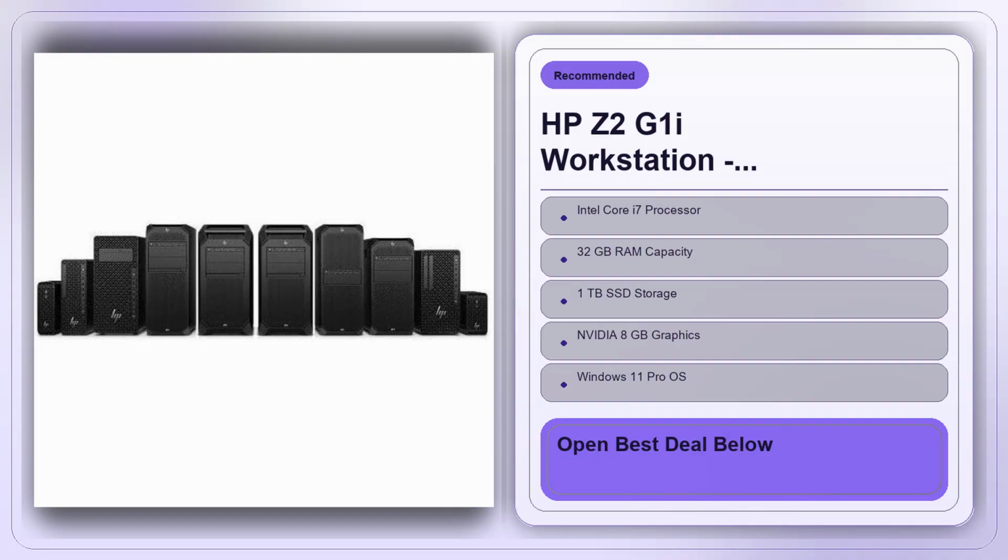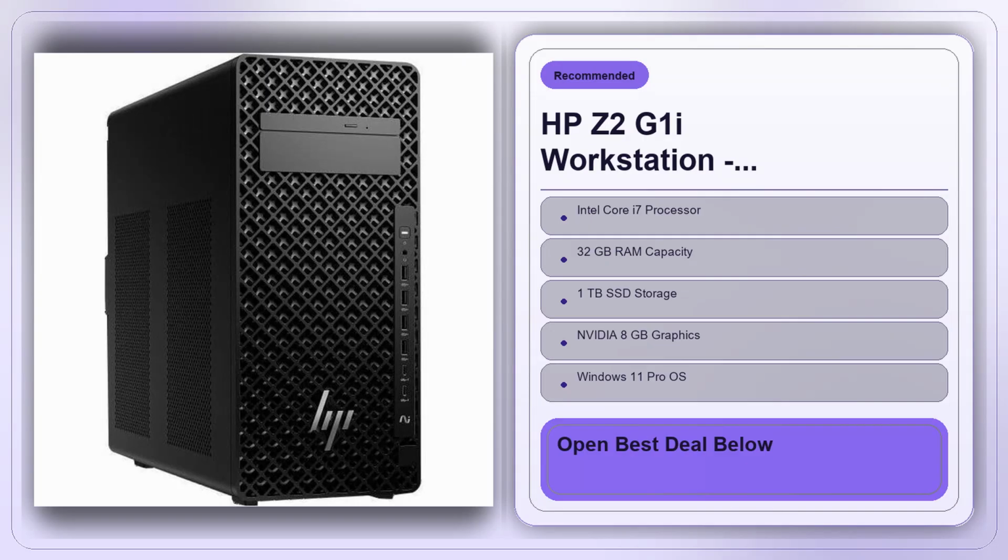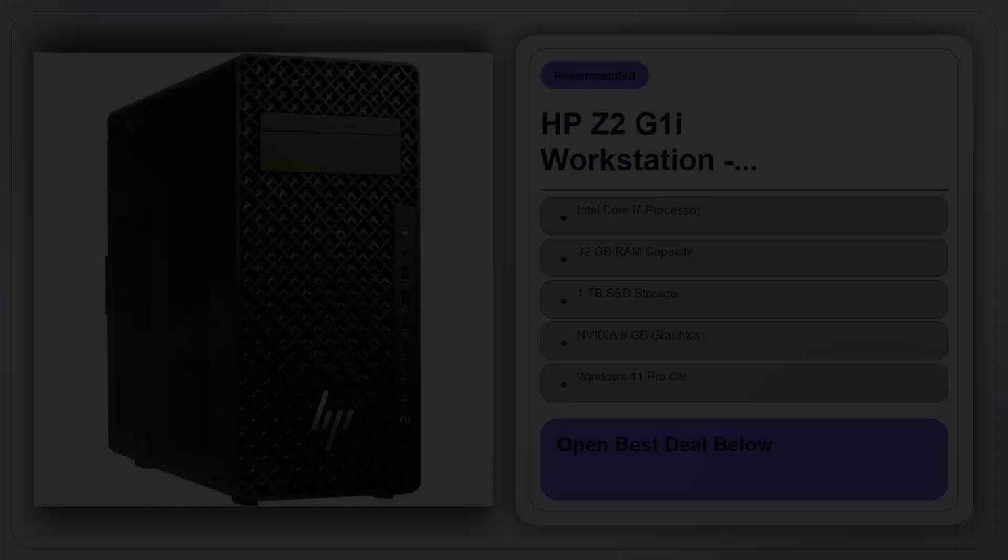The hype around 32GB RAM, 1TB SSD, a brand new GPU can mask how it actually fits into a real-world